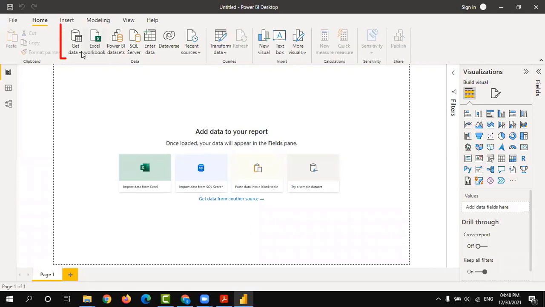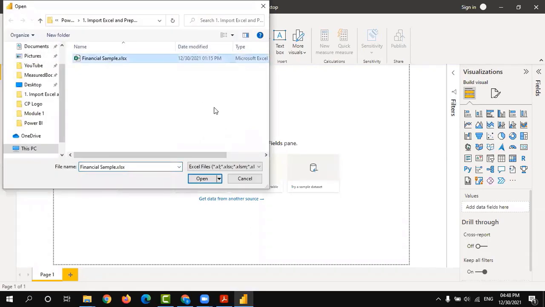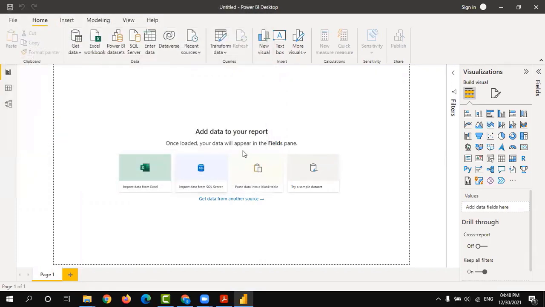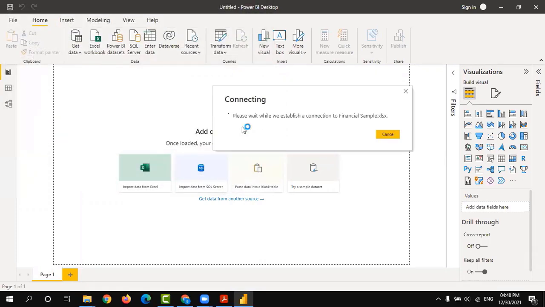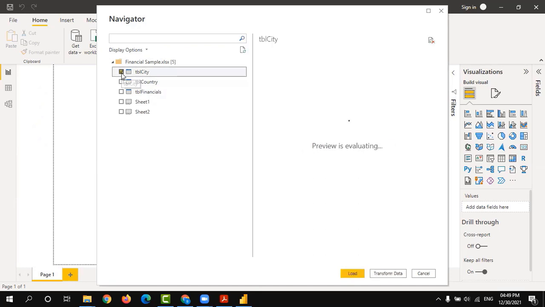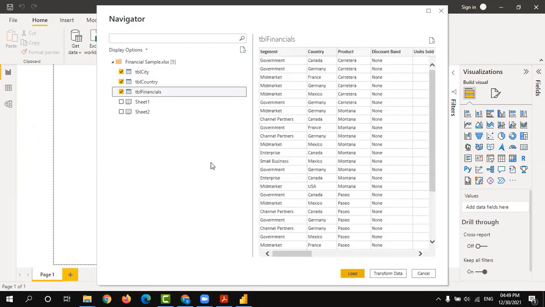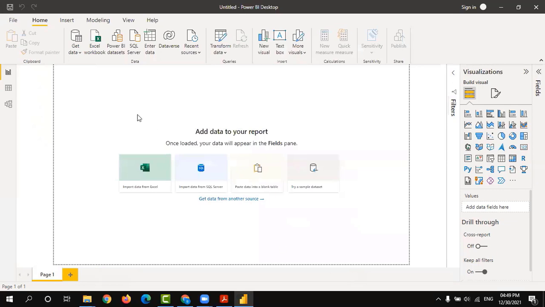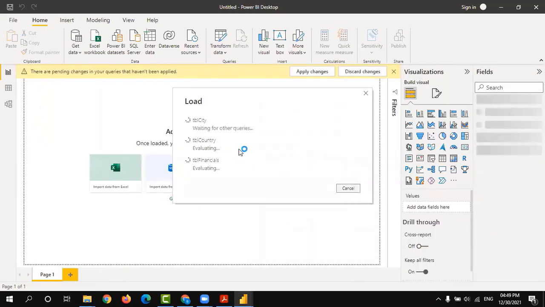Go to the Get Data option and click on Excel workbook. Here we have one sample data, financial samples, and open it. These are the tables. Still data is loading.